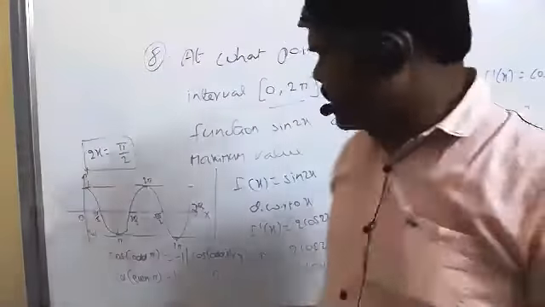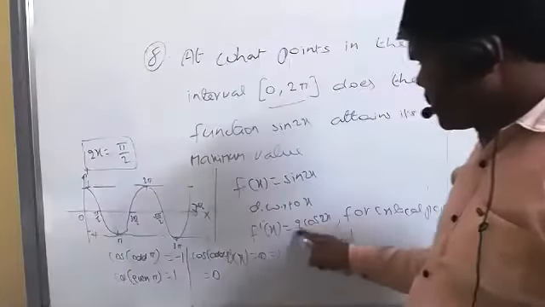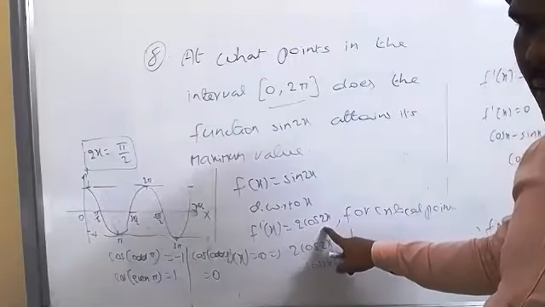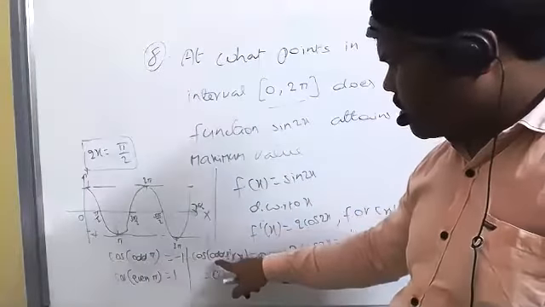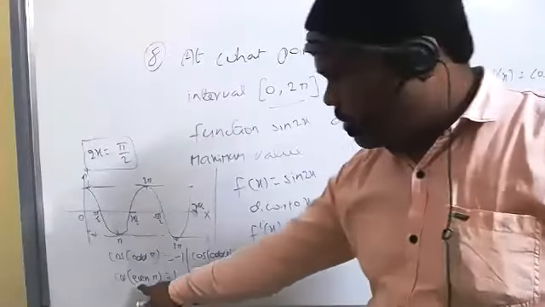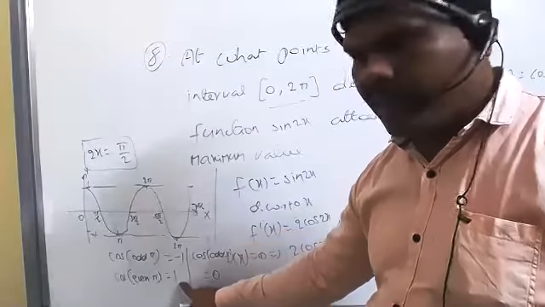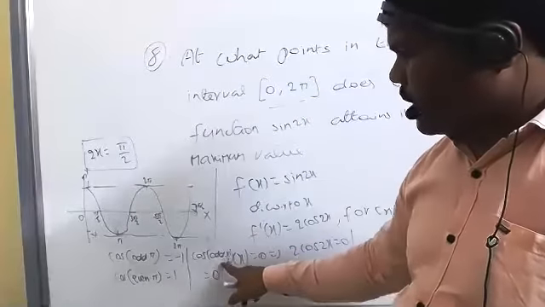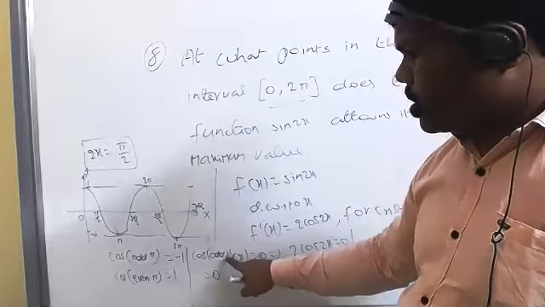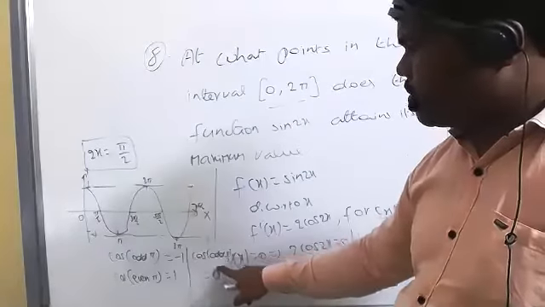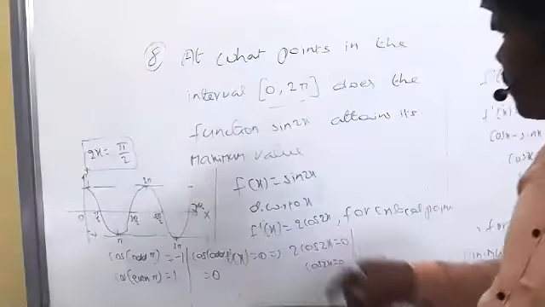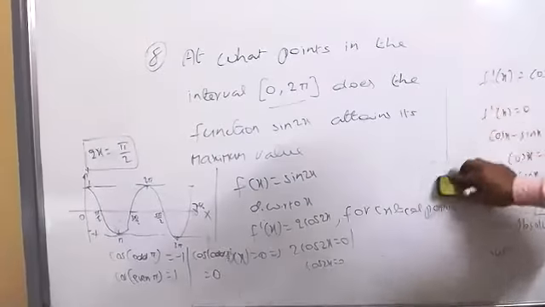Because that value of cos 2x is equal to 0, cos 2x equal to 0 means the cos of odd multiples of pi and the cos of even multiples of pi, these two values are not possible. So clearly we have to take only the cos of odd multiples of pi by 2. Whatever value of 2x we got already here,